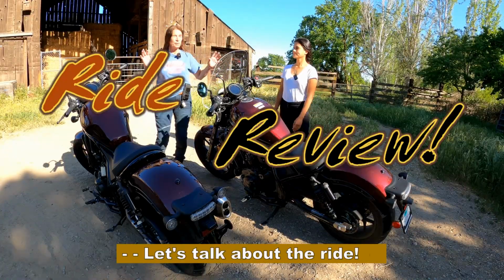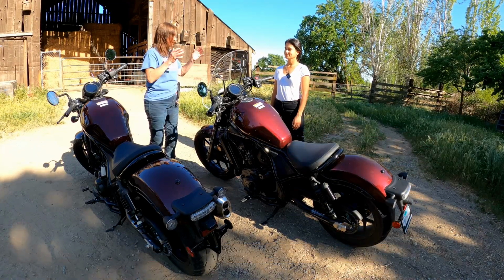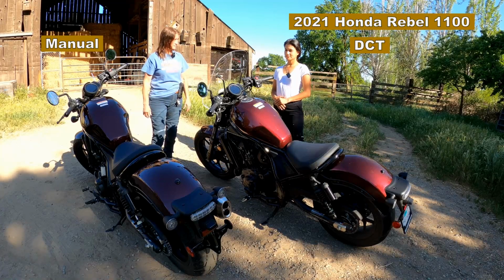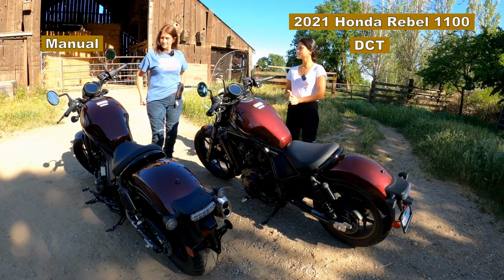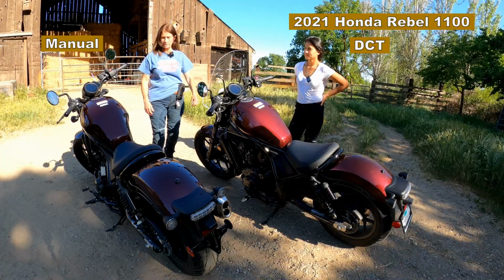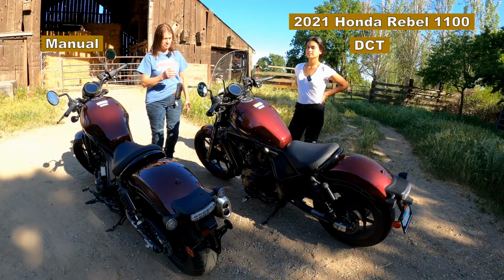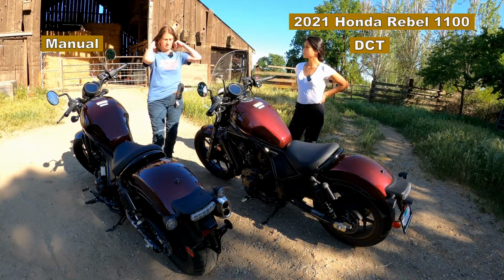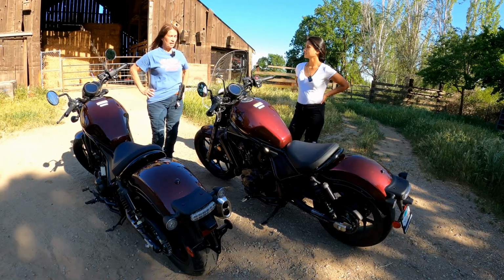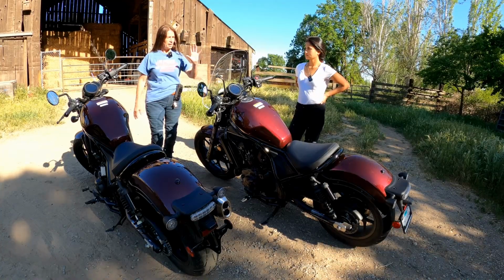Okay, we are back from our ride. What did you think? What's your impression of the two bikes, the differences? You want me first or you first? Well, okay, you started off on the DCT. Yep. And I finished on the DCT. Yeah. And we switched halfway to the opposite bike. And it's the first time on manual for both of us, yeah? Yeah, it's the first time for either of us riding the manual. And I love the power